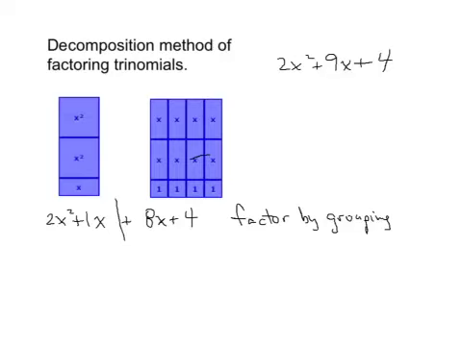Factor by grouping is, again, when we have, in this case, four terms, we split it into two groups of two, and we factor each group separately. For the first group, we're going to use a technique which we've learned, called greatest common factor. And you'll notice that the first group has a common factor of x. If we divide it out, we get x times 2x plus 1. You'll notice the second half of this question was also a greatest common factor. In this case, though, the greatest common factor